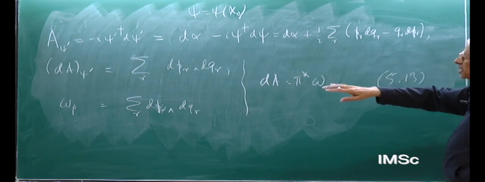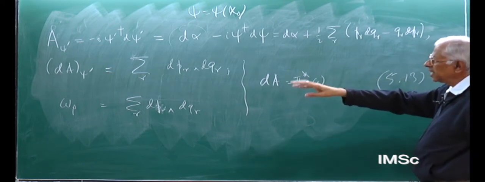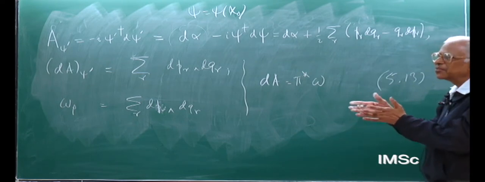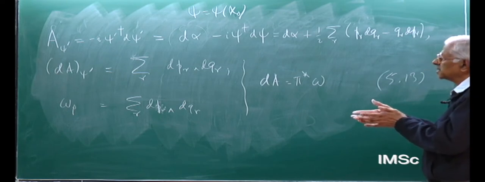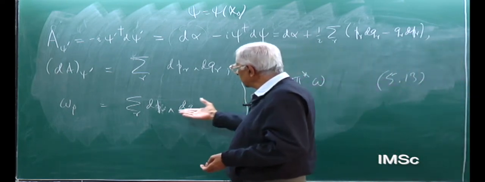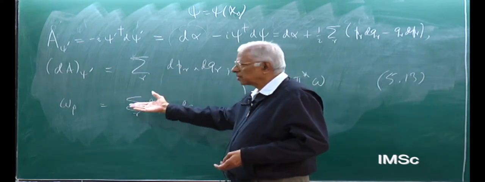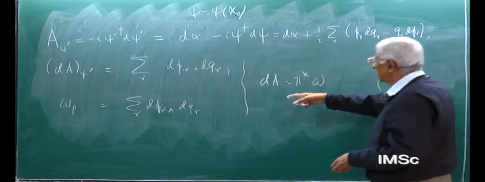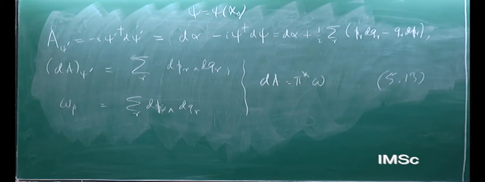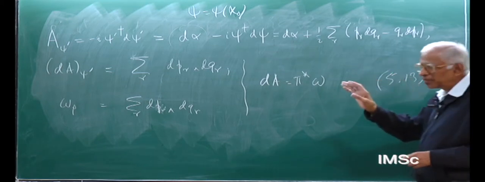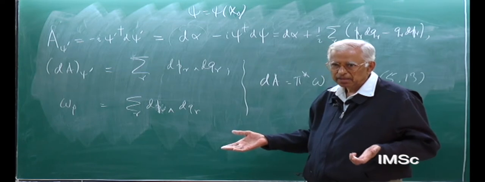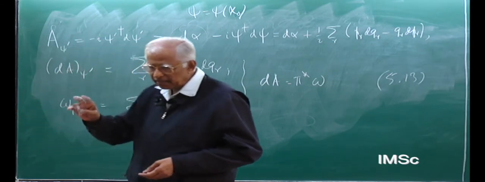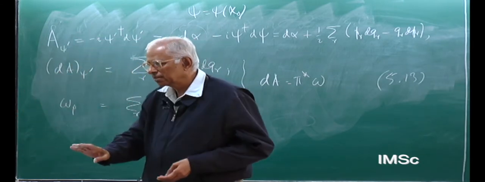So locally, it looks like our ray space is like a classical phase space. It is describable by canonical type variables qr and pr, and the symplectic structure, the omega, is given exactly as in classical mechanics with the ordinary phase space we are familiar with. The only thing is that these variables q and p we have introduced are locally defined. They are not globally well defined on the whole of the ray space. So it is not possible to describe all of the ray space with a single set of canonical coordinates q's and p's.